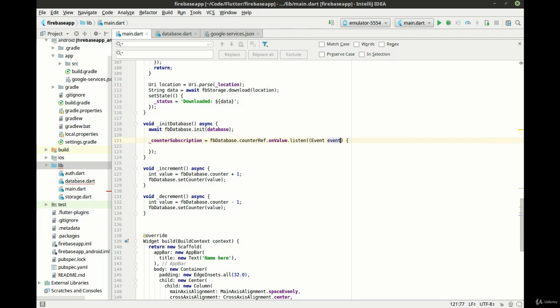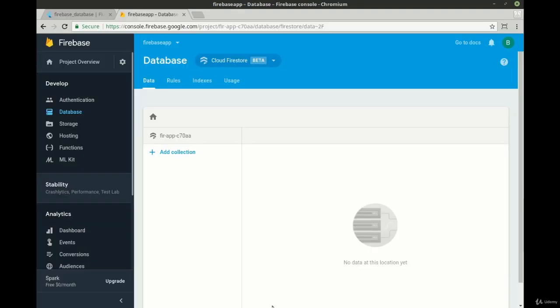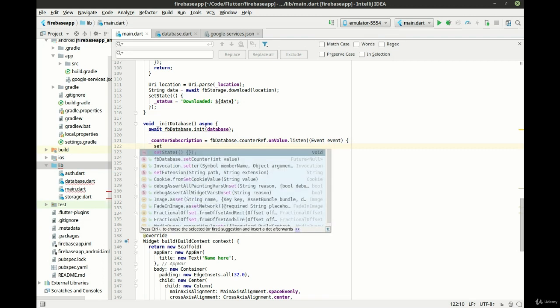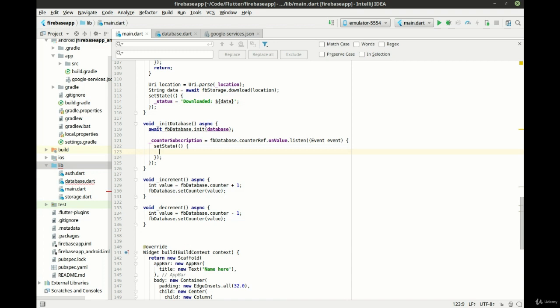If you really take a good look at that code, what we're saying here is, in the database, get the counter ref, get the value, or I should say anytime the value is changed, on value is going to be called, and we're going to listen to that event. So anytime on value is triggered inside of Firebase itself, over here in our database, it's going to send that subscription notification down in the form of an event. We're going to read that event and do something. And we're going to say set state, and let's do